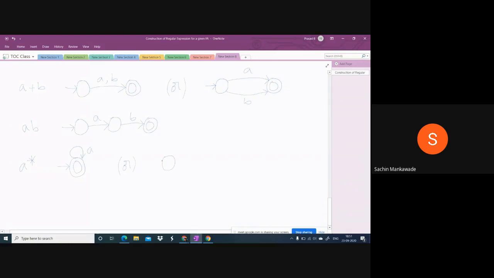But if you get the same question in your semester exam and write like this, they don't give you any marks. So, A star means epsilon is one of the strings. This is for epsilon. Actually, this is the best one for A star. Okay, this is the best.